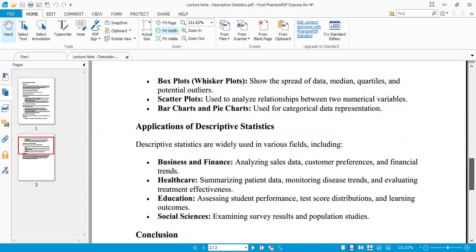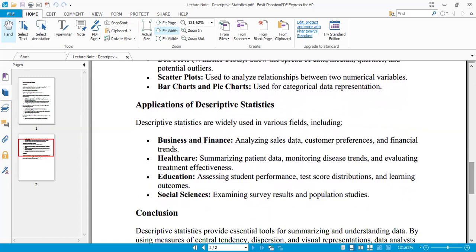Okay, so we also have looked at the applications of descriptive statistics. Descriptive statistics are widely used in various fields. They are used in business and finance for analyzing sales data, customer preferences, and financial trends. They are used in healthcare for summarizing patients' data, monitoring disease trends and evaluating treatment effectiveness. They are used